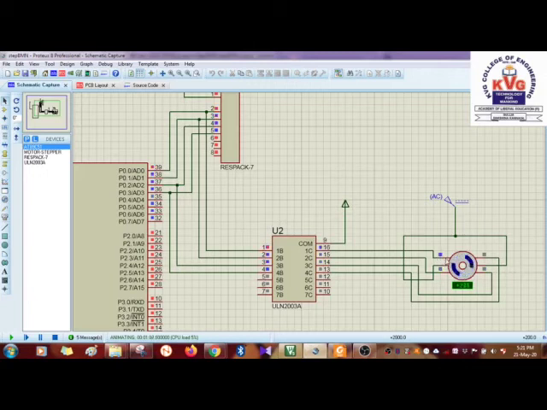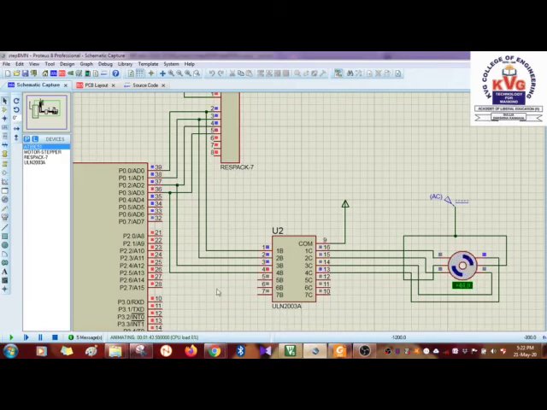So these are the 4 windings, 1, 2, 3, 4. This middle is the power supply where we have to give the power supply. So externally it is shorted and given to 12 volts. And this common point of the IC here is given to 5 volts. Okay, angles at which this is rotating.